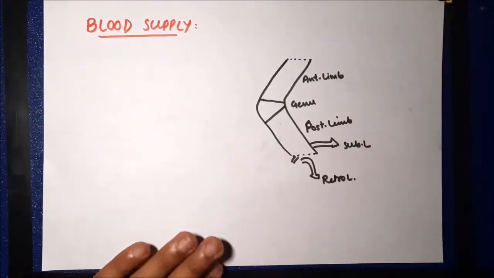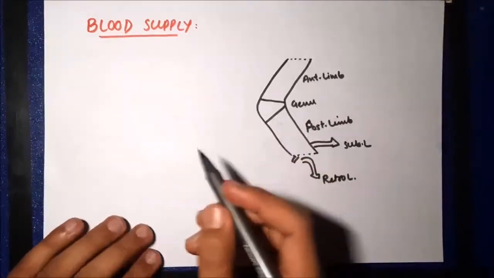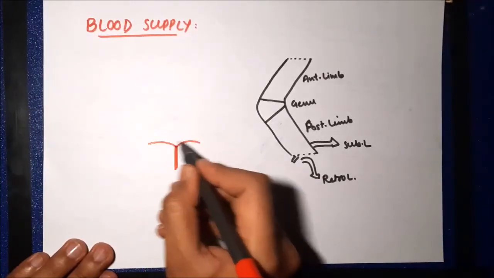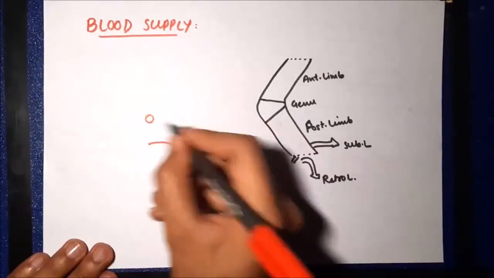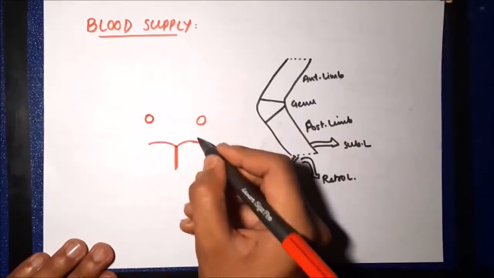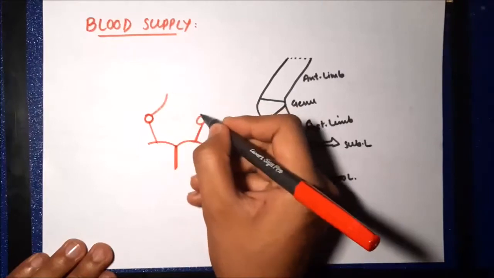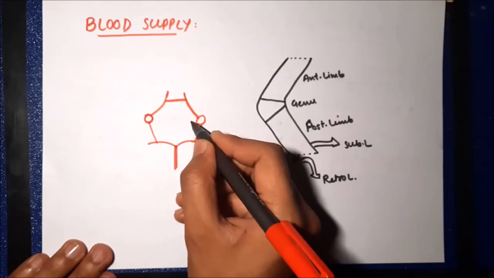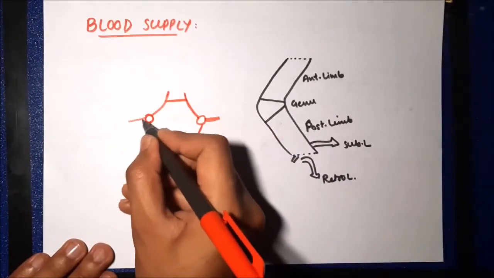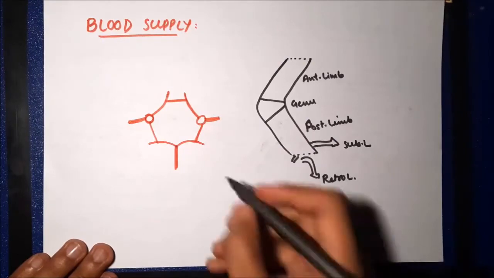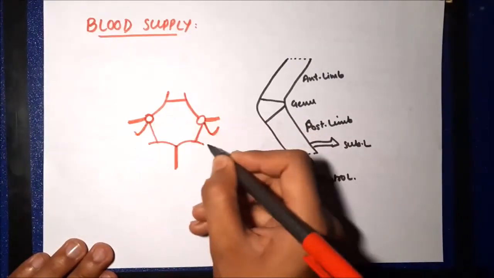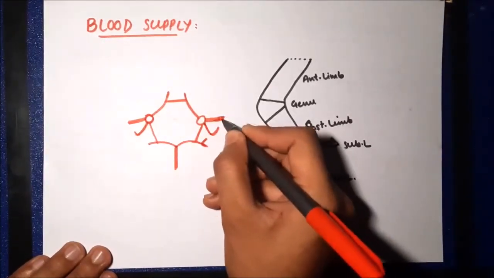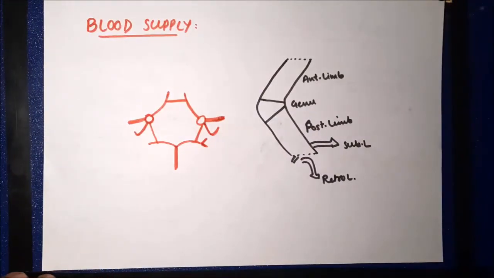Now, the blood supply of internal capsule: different parts are supplied by different branches. So let us start from the very basics. This is the basilar artery which gives two posterior cerebral arteries. These are the two internal carotid arteries, connected to posterior cerebral arteries by posterior communicating branches, and these carotids give anterior cerebral arteries which are connected by the anterior communicating artery. These arteries are the middle cerebral arteries. This is the anterior choroidal artery, this is the posterior choroidal artery. So this is the diagram of the circle of Willis.